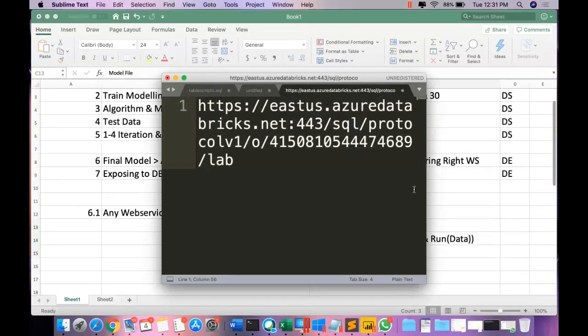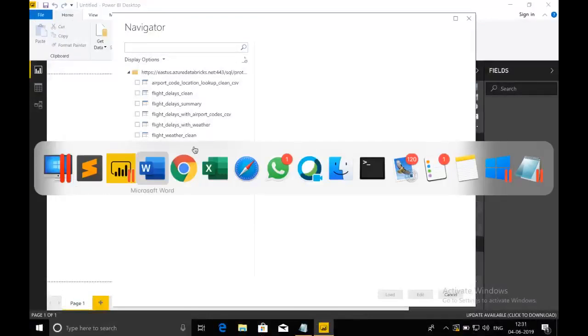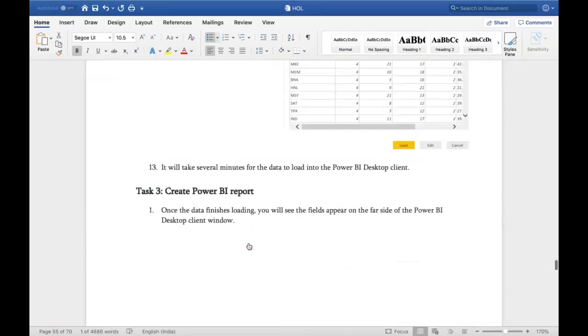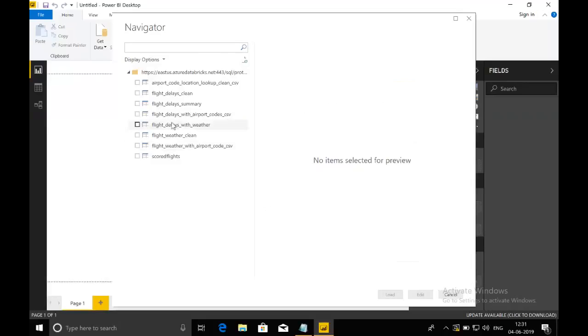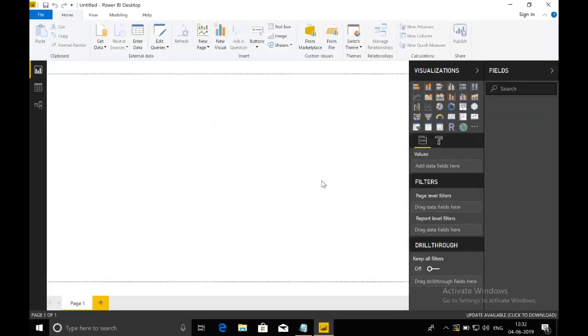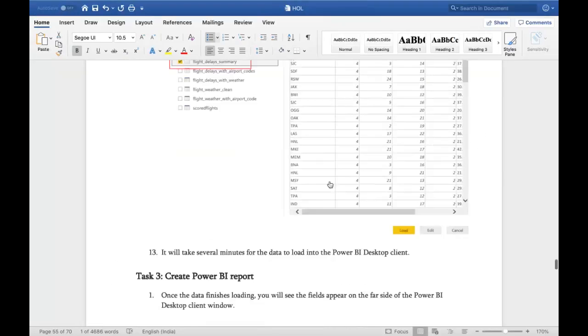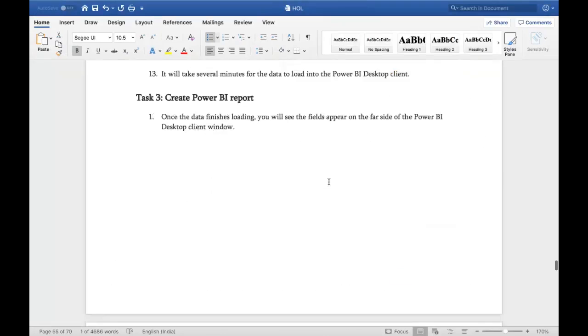Okay. Now I want to get the record that is already transformed, the flight delay summary. I can go there and show you that. Go here directly and say flight delay summary. This is the one I want to get, and say load. It might take several minutes to load, that's okay.